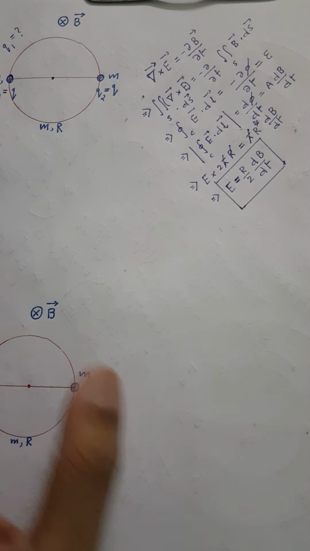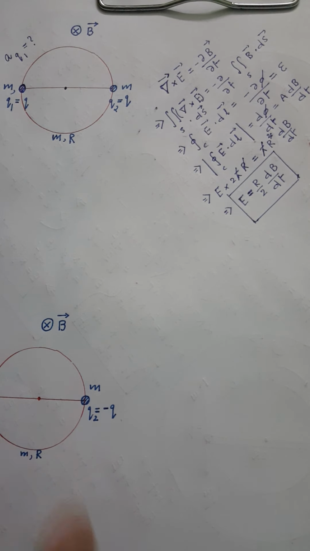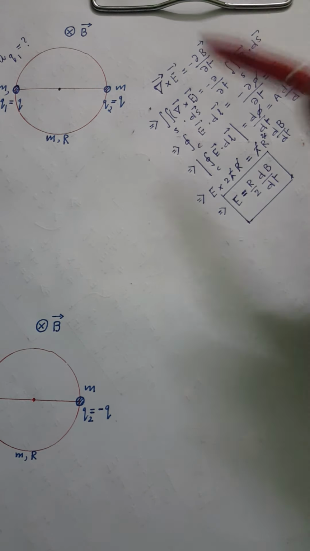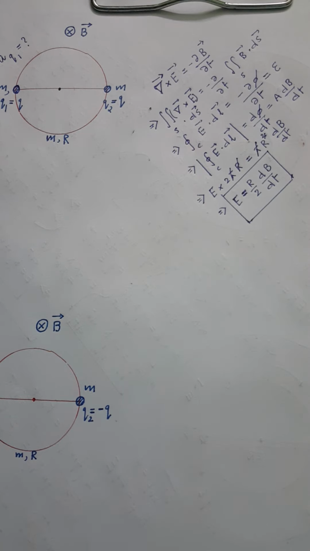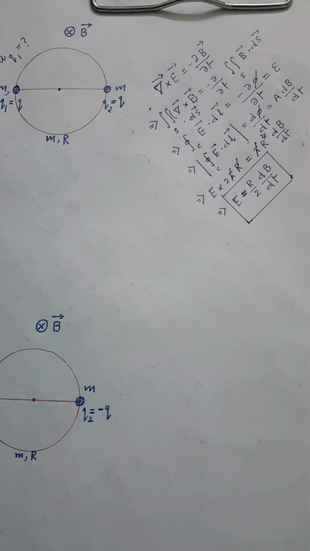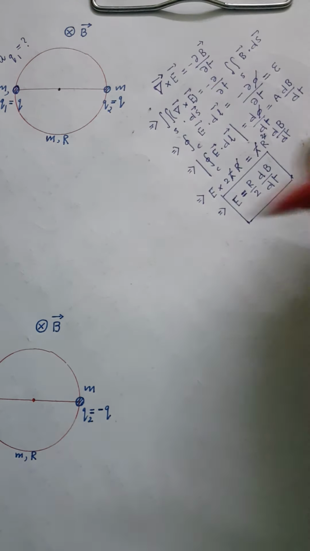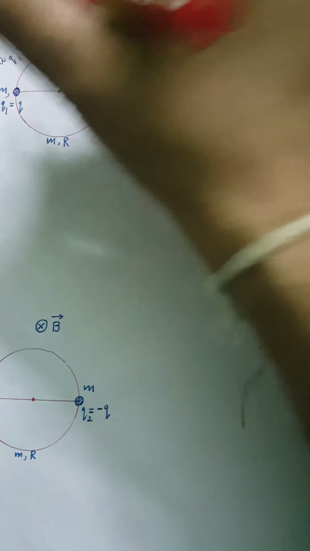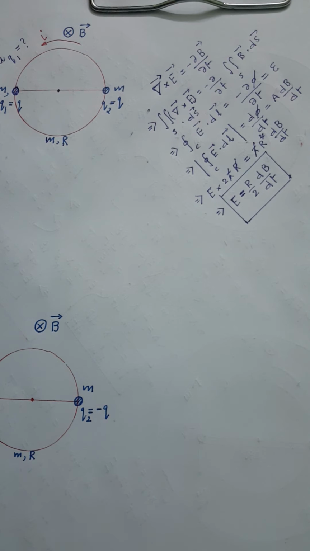Now please see. Current must flow according to Lenz's rule. Current must flow in such a sense so that it opposes the cause which produces it. So here current must flow in such a way so that the crossed magnetic field is opposed. So if current flows in anti-clockwise sense, you see the magnetic field direction will be this one, and it will actually oppose B. So the induced current must flow in this particular sense. So this is the direction of induced current.